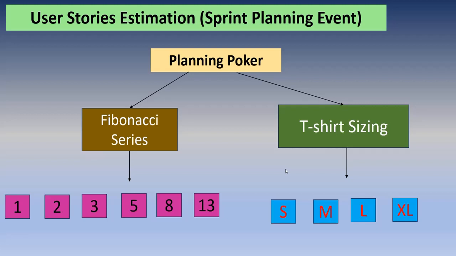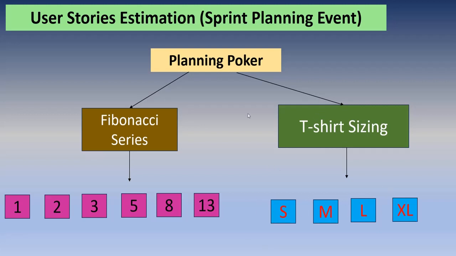It is a small one, right? So it is a very low complexity user story. Then we will give small as the estimation. Each and every developer has different views on different user stories. Let's say, for example, we have 4 developers in our team. I will give small from my point of view, it is very little work. From some other developer's point of view, it may be a little complex work. They will give medium, and who gives which sizing will not be visible to all the developers